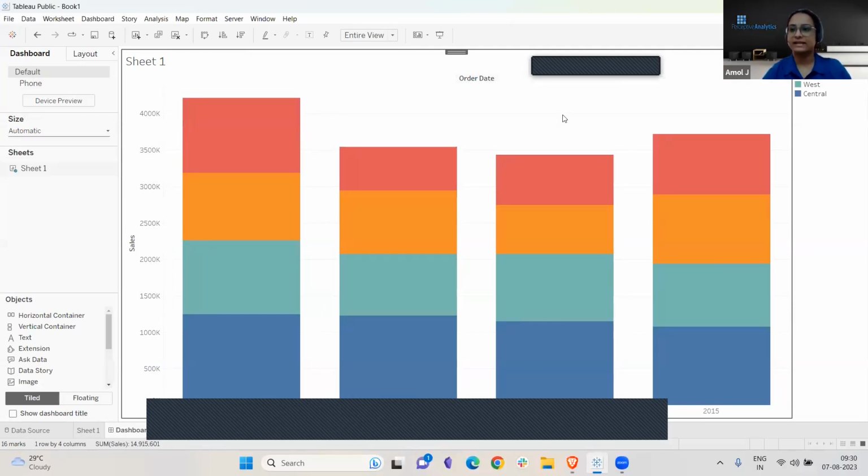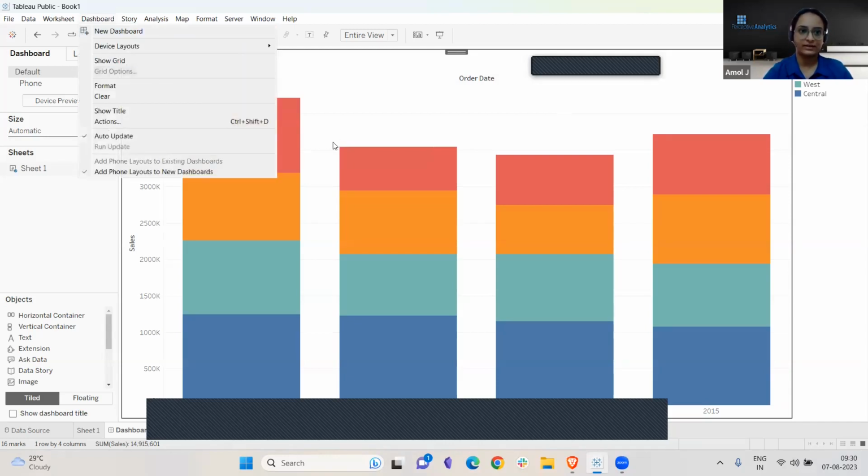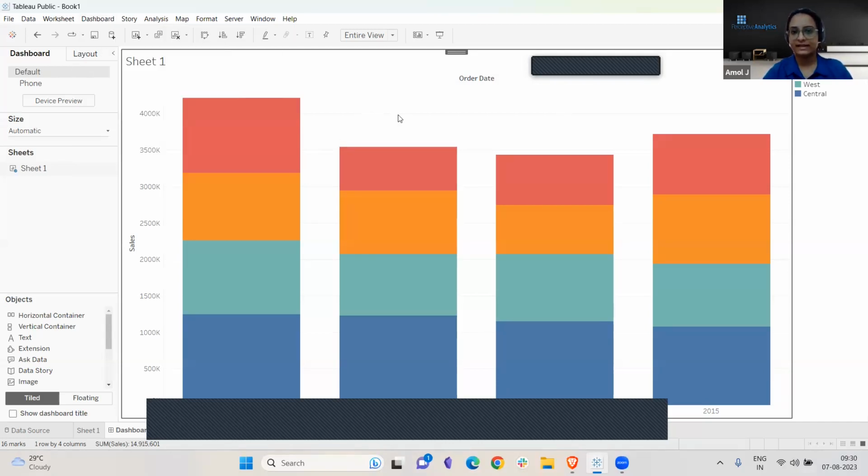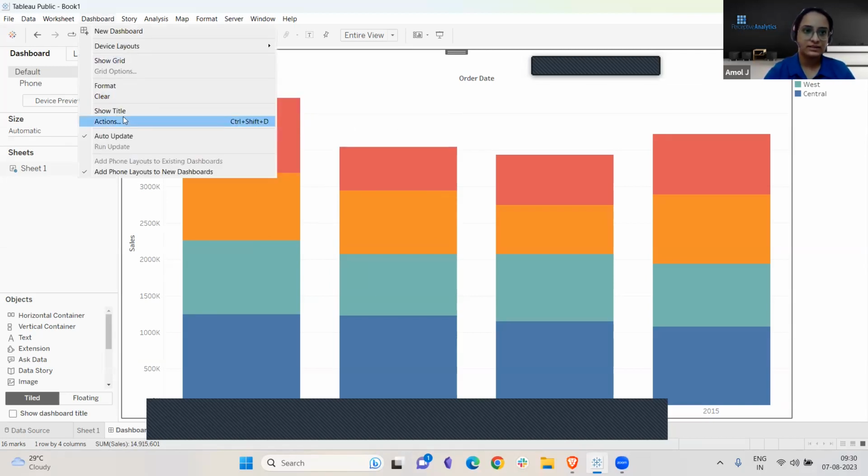So now we need to add some actions so that it behaves as we want it. First we'll create the action on the set, so that when we select this region, say south, it will go to the set, and similarly for the others. And if I empty it, then I should have the functionality of removing all the elements from the set. So I'll create an action,